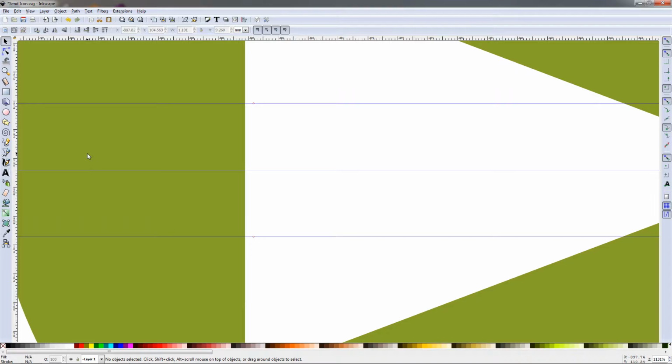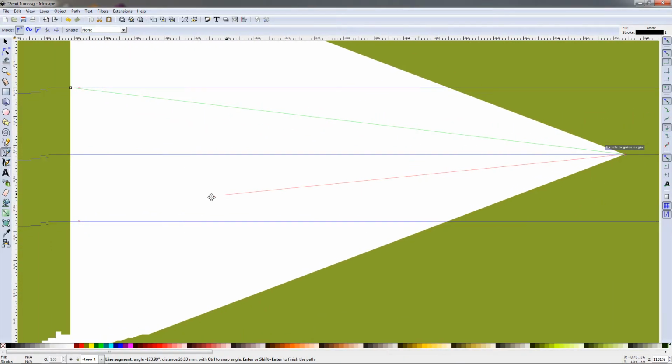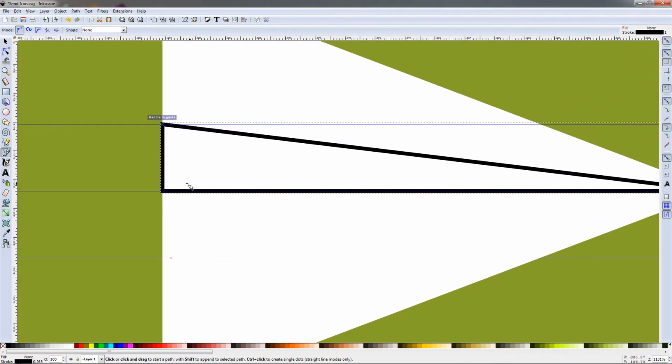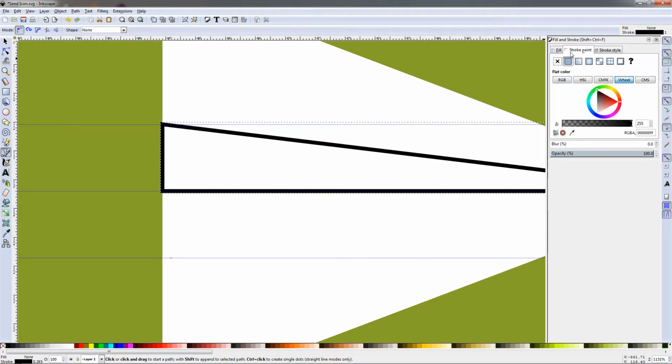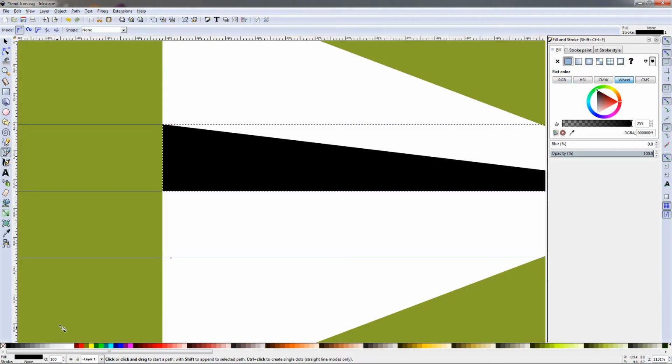Now next we need to grab the Bezier tool, click on it, and now we need to click on this point here. We can also activate this option to snap to edges of bounding box, and then click over here, make sure we snap to this, then over here, then over here, then over here to close this new object that we created. Then we start the fill and stroke tool, click on the stroke, remove it with this option,